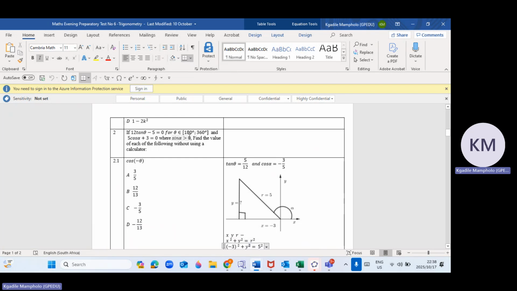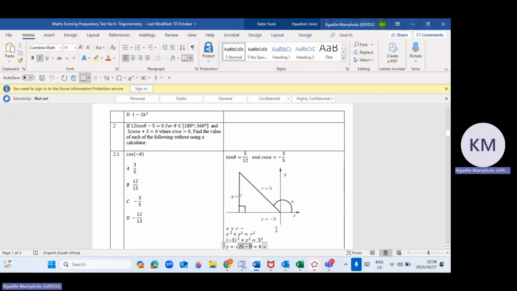Restriction says between 180 degrees and 360. It means the first quadrant falls off. It means we'll be left with only the third quadrant. We'll be left with only the third quadrant. If you're left with the third quadrant in this case,